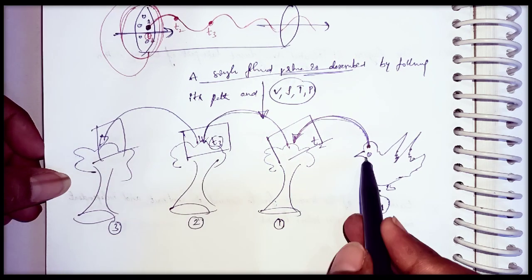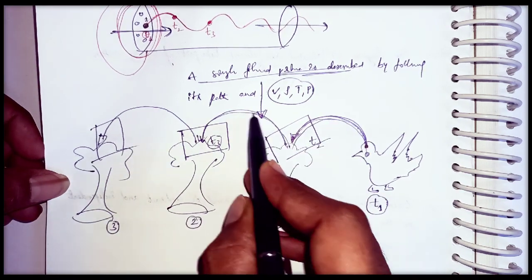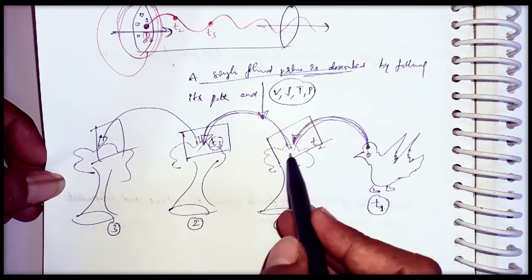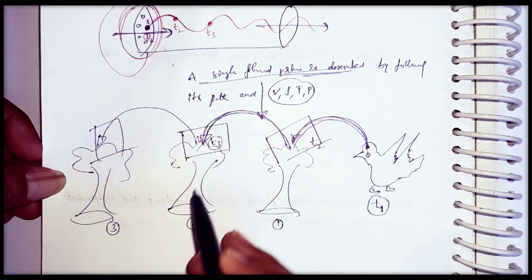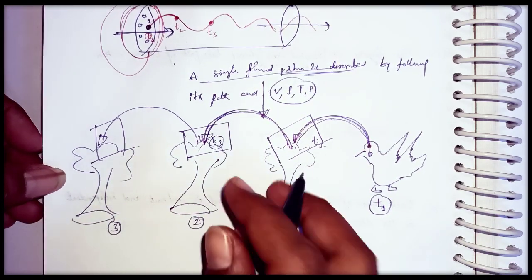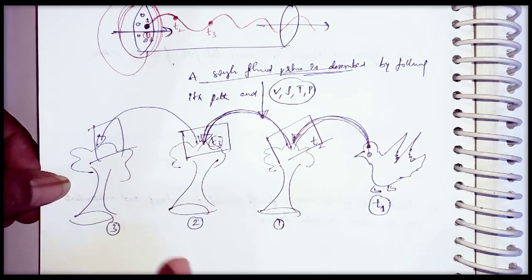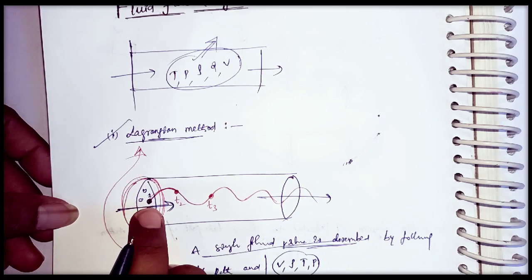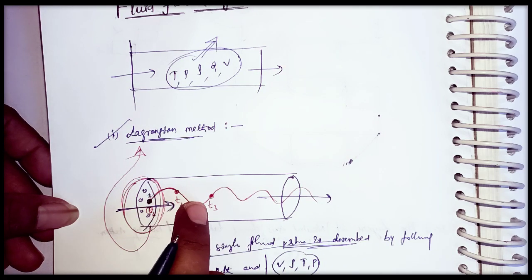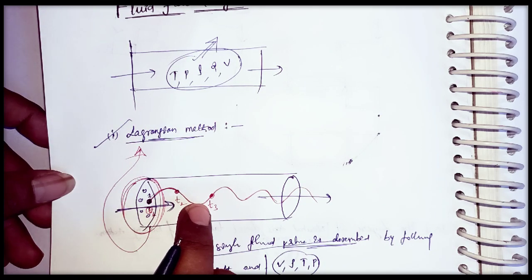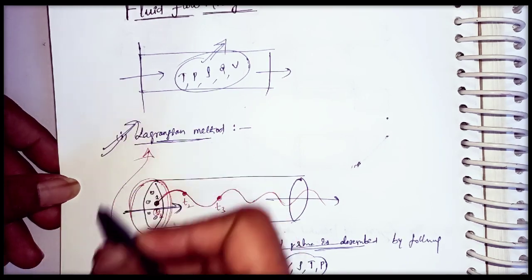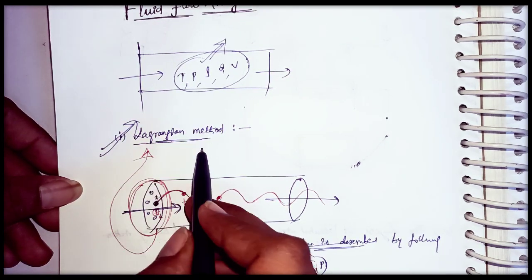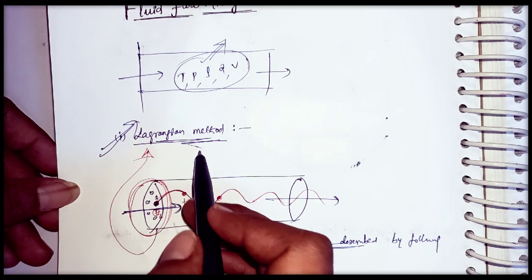To follow this path, you have to take some distance. You have to follow along the path of this bird. But it is very difficult to follow this bird and take the pictures. So to analyze a single fluid particle along this direction is very difficult, so we are not using the Lagrangian method. We are not using the Lagrangian method because of its difficulty.